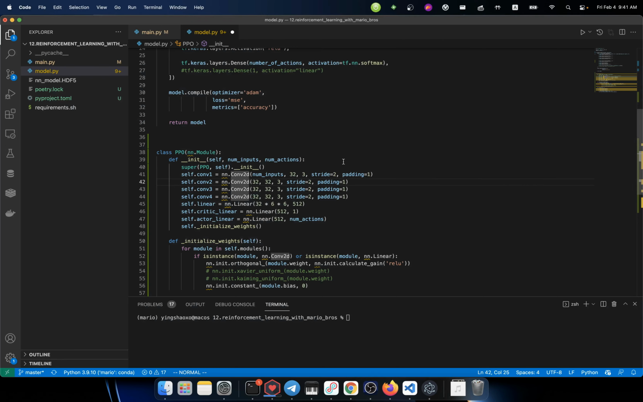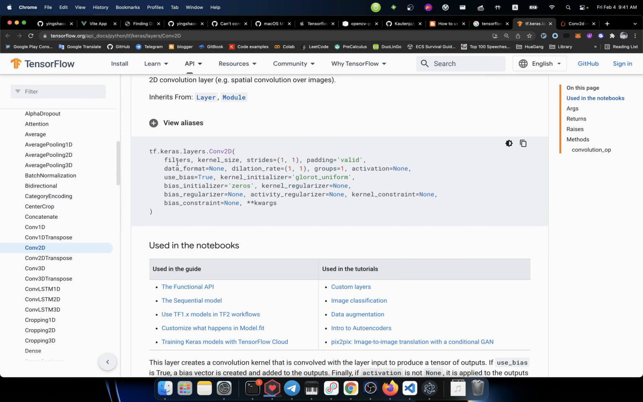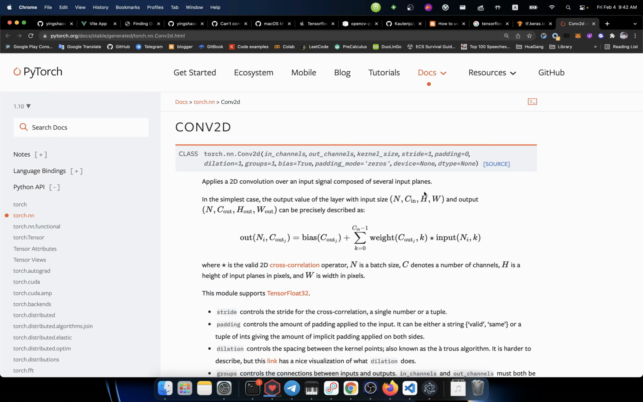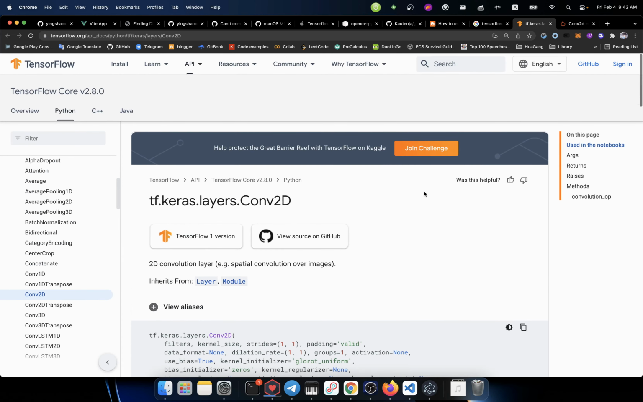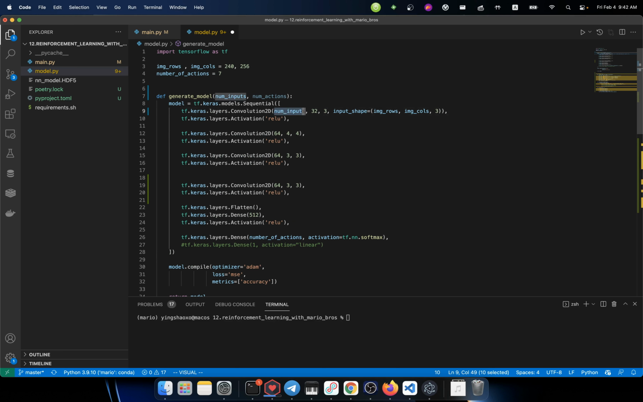Alright, then let's go to the TensorFlow's function definition. For the TensorFlow, the first one is the filters. The second one is the kernel size. Filters, integer, the dimensionality of the output space. So for the TensorFlow, the first parameter is the output shape, but for the PyTorch, the second one is output shape. So the first one here should be 32,